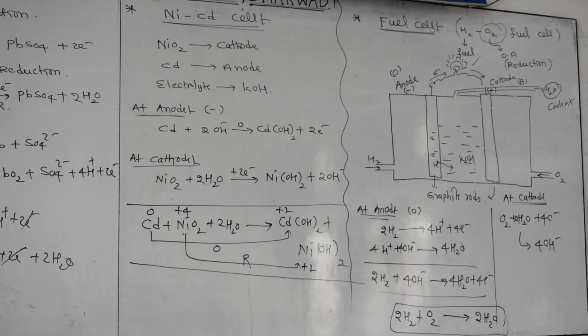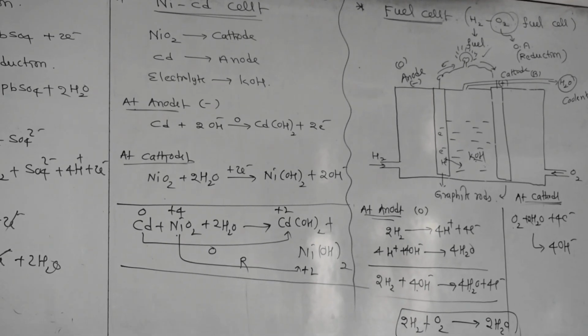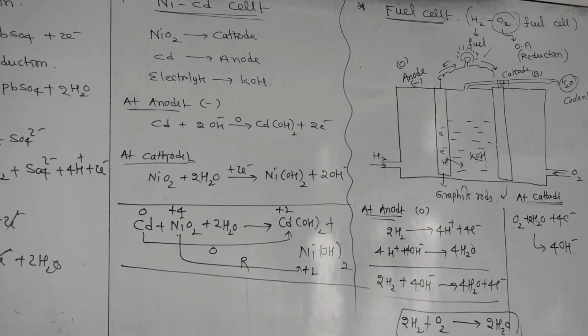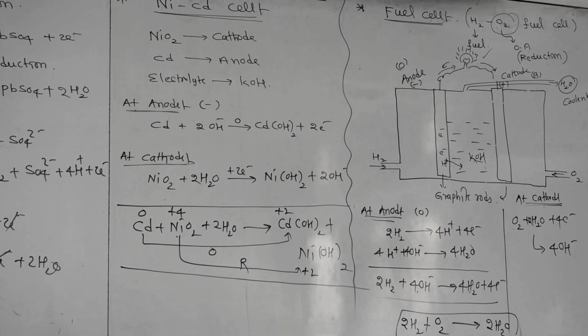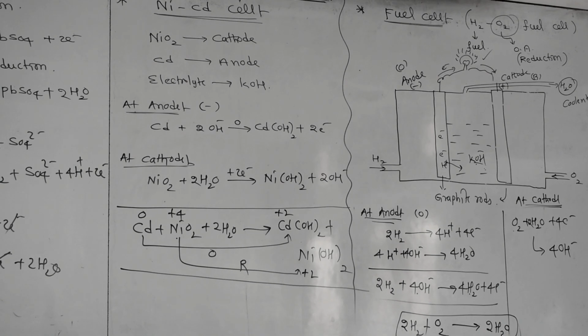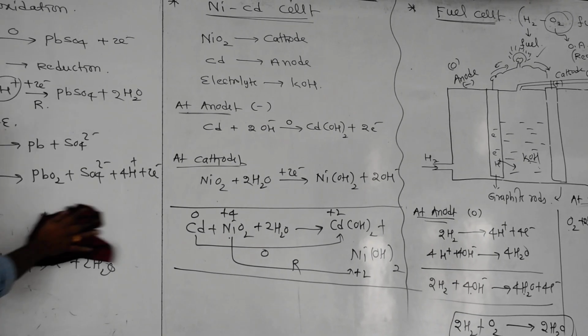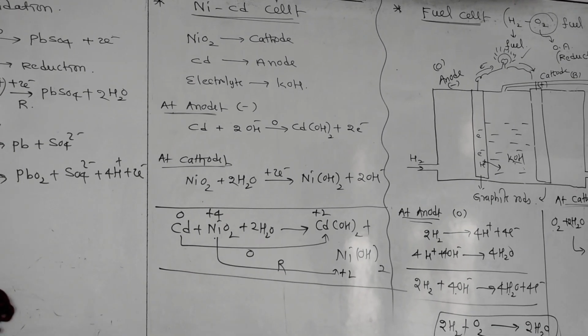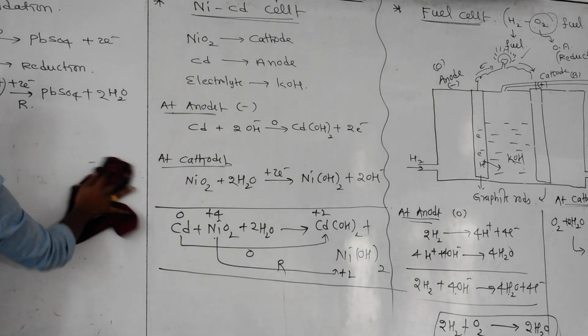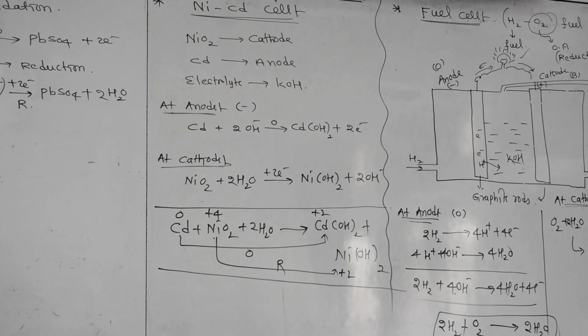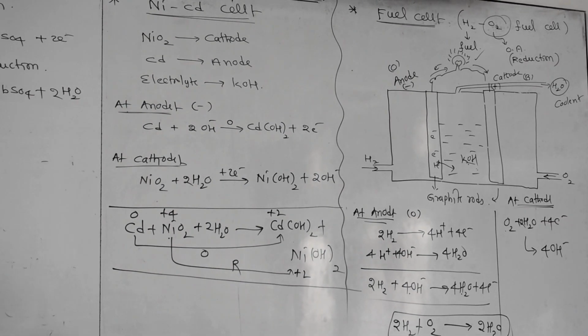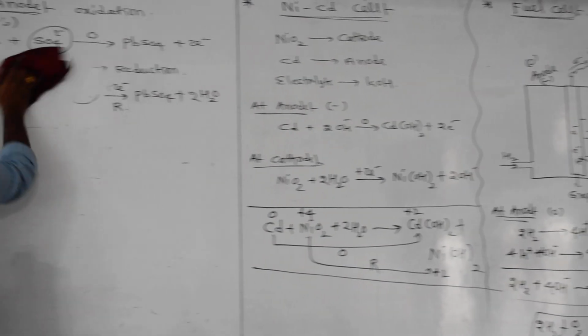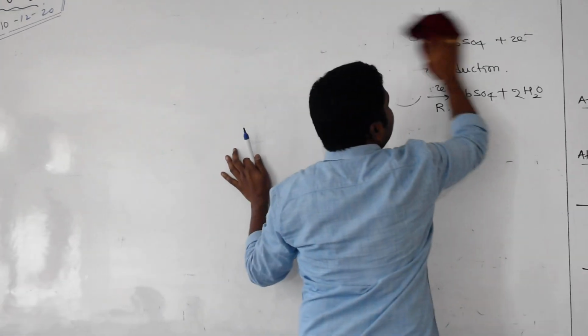Okay. The next concept is a small one: corrosion. Rust is a big issue worldwide for all industries. Generally, in construction or whatever we are doing in our daily life, everything is interlinked with metals. The biggest problem is the formation of rust on the surface of metals. Due to this, what happens? The total metallic characteristics change: appearance, hardness, properties, everything changes. So that's why we have to do something to control corrosion.